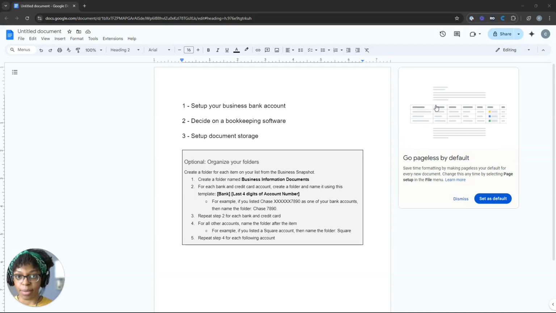This is how to set up your bookkeeping so you can easily track your income and expenses as an interpreter. So first you'll want to set up your business bank account. I call this a business bank account, but if you don't have an EIN, you usually can't open a business type of account. So what you can do instead is open a personal, like a regular checking account, but only